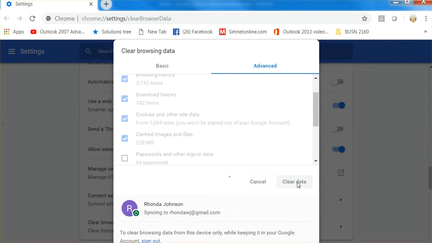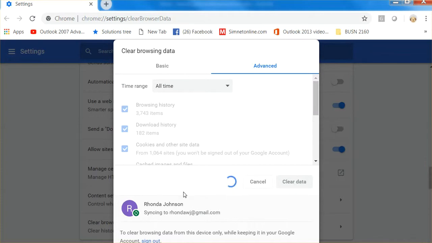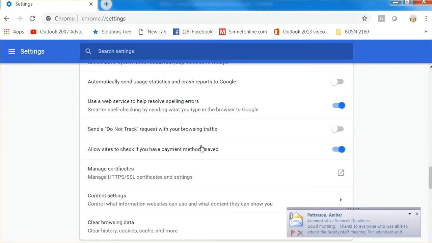clean out your cache. This is taking a little longer than it normally does, so either the internet connection's a little bit slow today, or I had a lot of heavy stuff. I see here that this is almost 4,000 items, so that could be why it's taking a little longer. But for you, it shouldn't. In the meantime, just know that you may